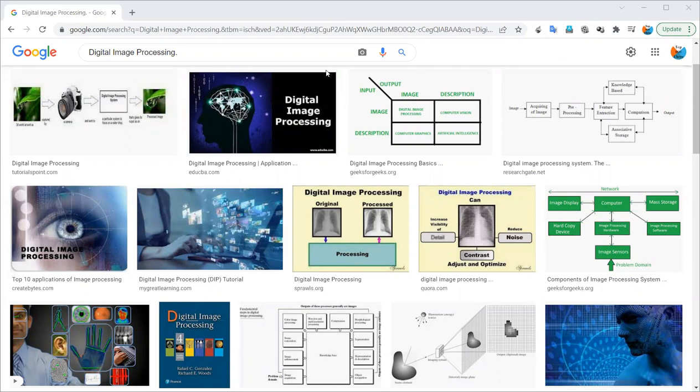People talk very much about this particular research domain, and it is also very widely used in almost every other research domain. You might say that in some domains it is not necessarily required, but necessary or not, its importance can never be denied, and it is none other than digital image processing.